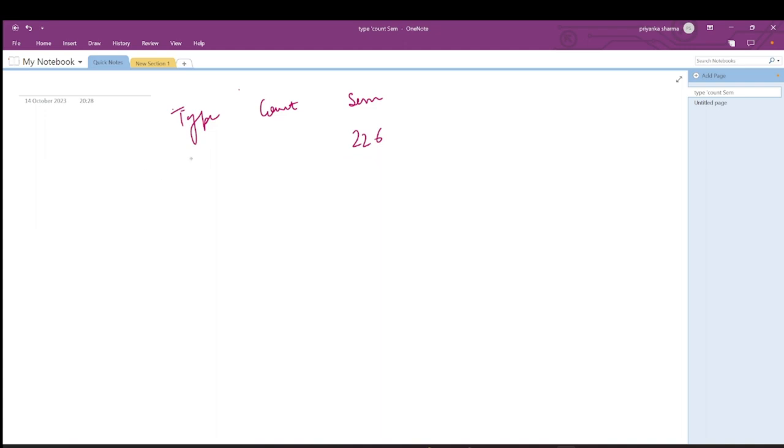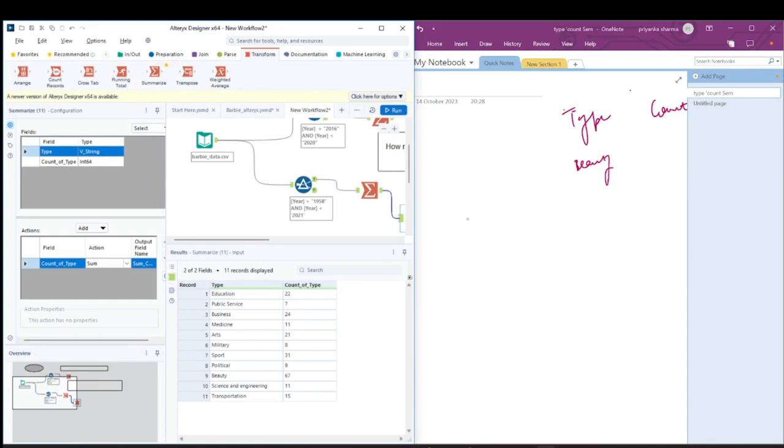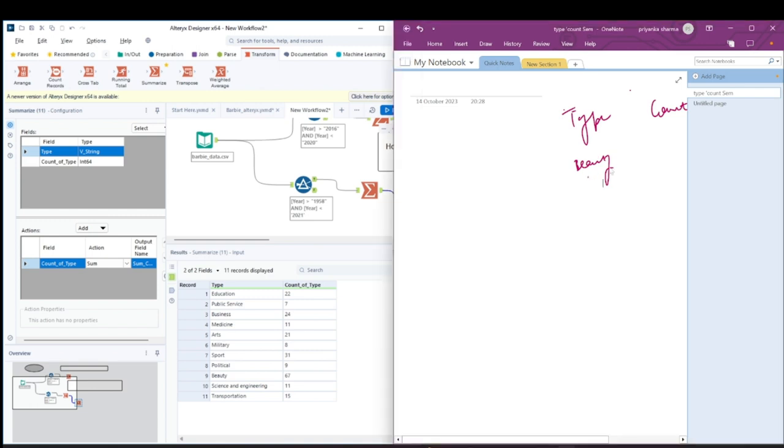And these are the different professions that Barbie had. Let me just see what all professions are there. As you can see here, this is education, public service, and so on.